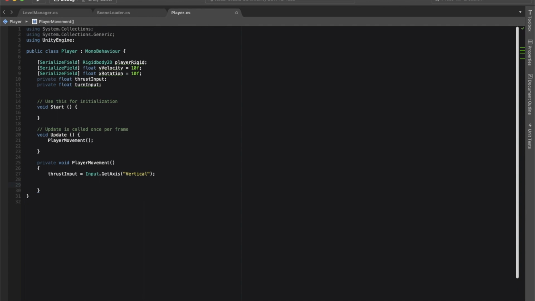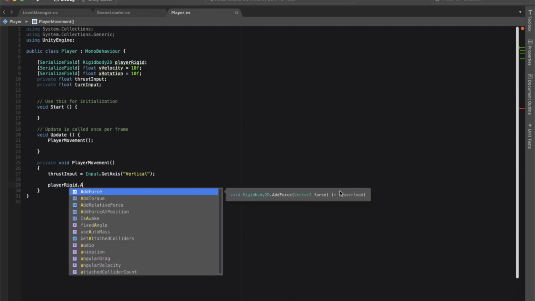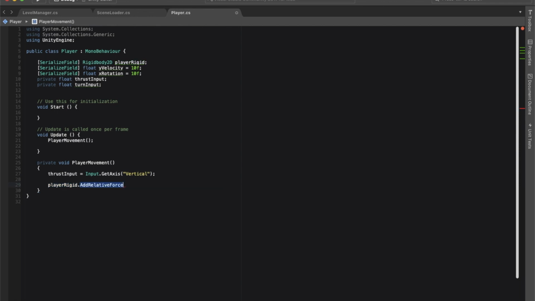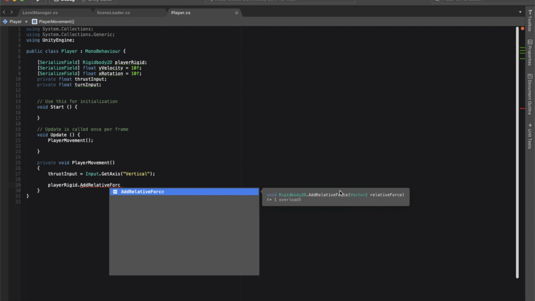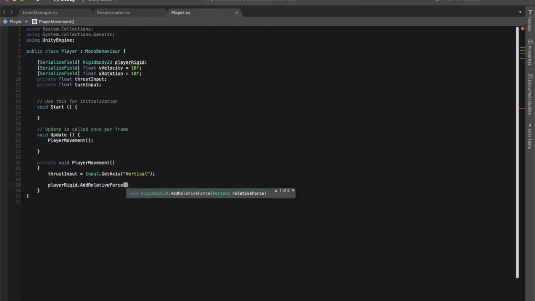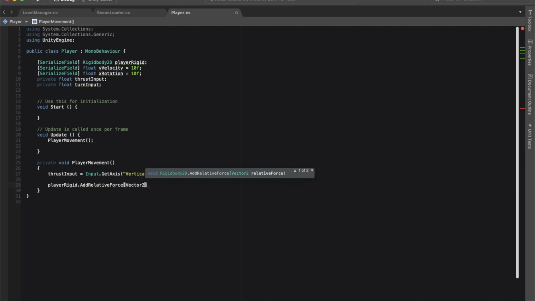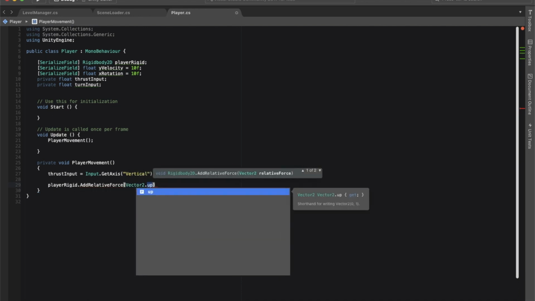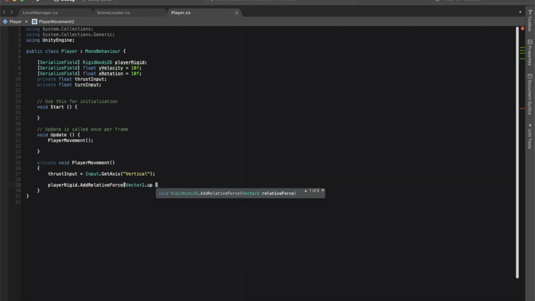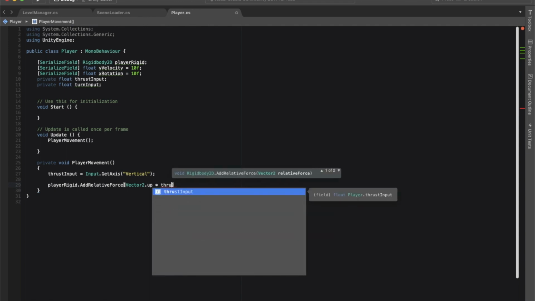So let's go player rigid dot add relative force. Let me see if I can get that information. Okay, so add relative force is looking for a Vector2 relative force and one overload. So add relative force, and then we want our Vector2 here. So we want Vector2 dot up, basically saying go in an upward motion, times our thrust input,